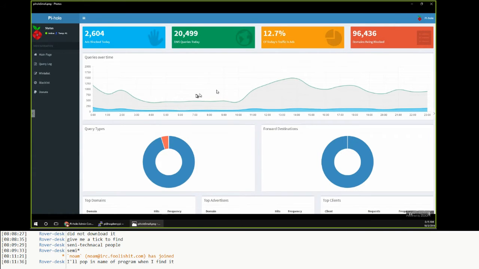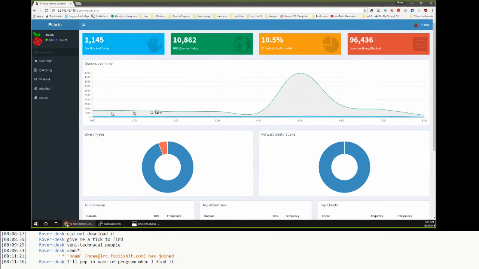Yep. But it's also pretty cool. You can see when your internet traffic is going through. So like you can see during the day, we have a lot more internet traffic than in the nighttime hours. Same thing for today. You can see not a lot of traffic, and then I got up around this time and got some more traffic, and it went back down. So I don't know what you were doing at 5 a.m., but